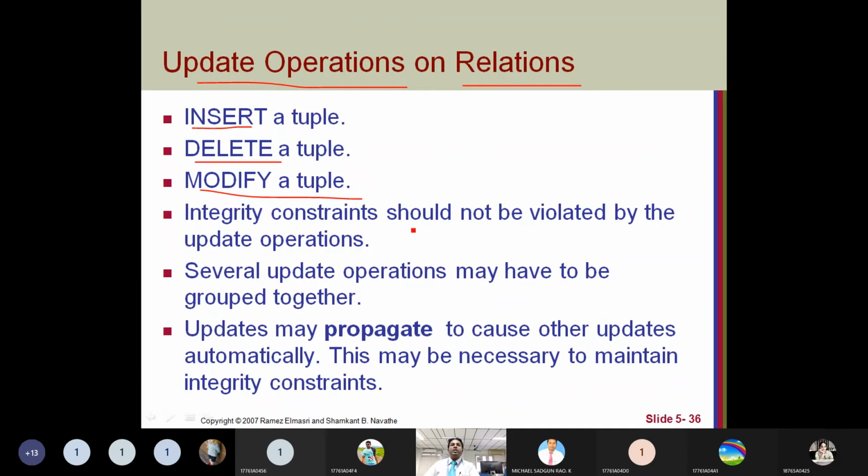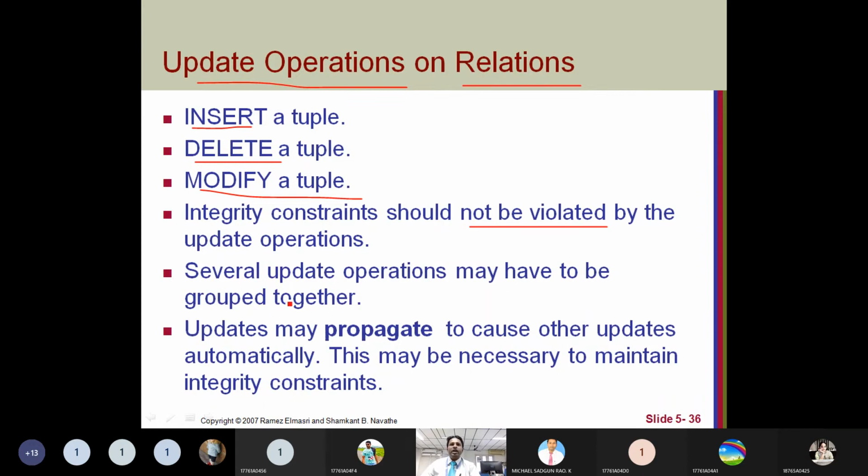Now the point here is, when you do this, you have to maintain the integrity constraints. They should not be violated when you perform update operations. So a database management system, otherwise database management software, should look at it and maintain it. The software should provide those rules, and when the rule is applied, then when data is updated, that rule should not be